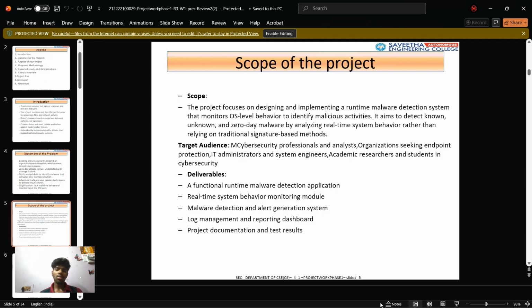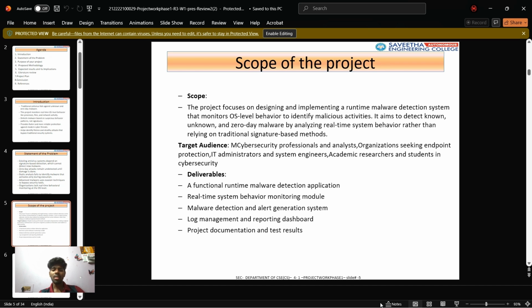So now let's check the scope of the project. This project is focused on designing and implementing a runtime malware detection system that monitors overall OS behavior to identify malicious activities, such as anything abnormal in our CPU or consuming our memory. So it always watches over it. It aims to detect known, unknown, and zero-day malware by analyzing real-time system behavior rather than relying